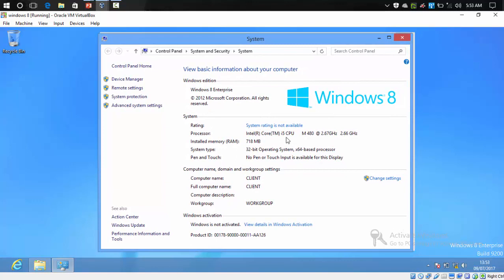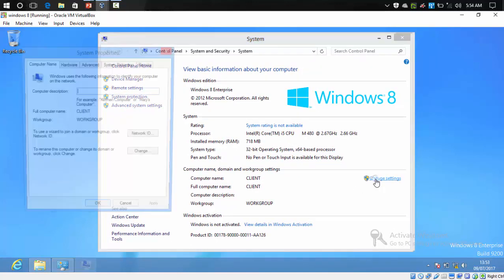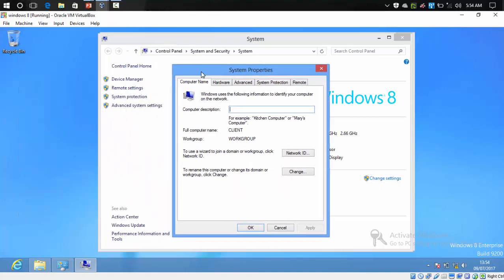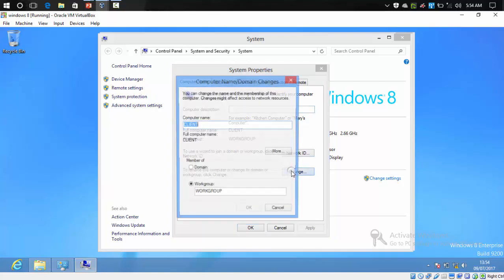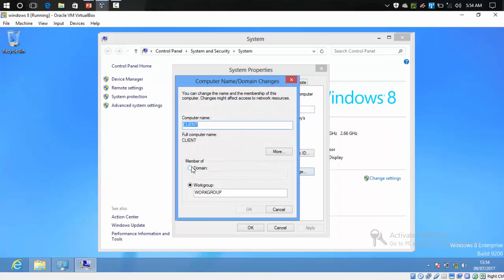Click Change settings, where you can change your PC name or your computer's name. Here we are going to add our computer to a domain. Click Change and click Member of, then type the name of your domain. The name of my domain is K-BEST.com